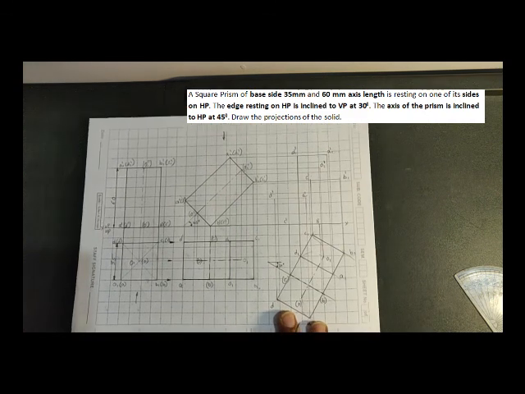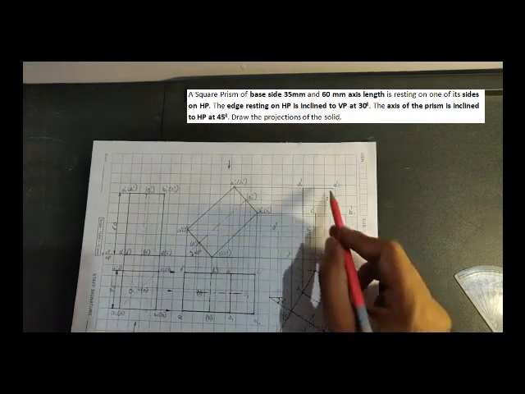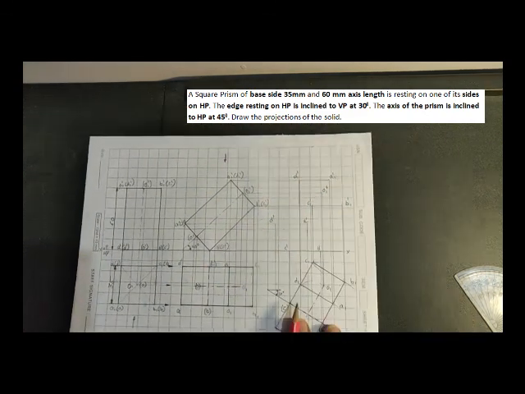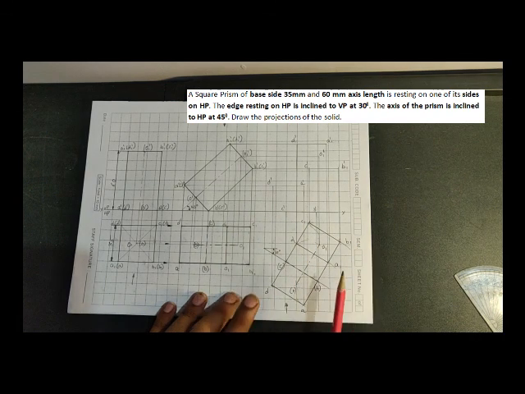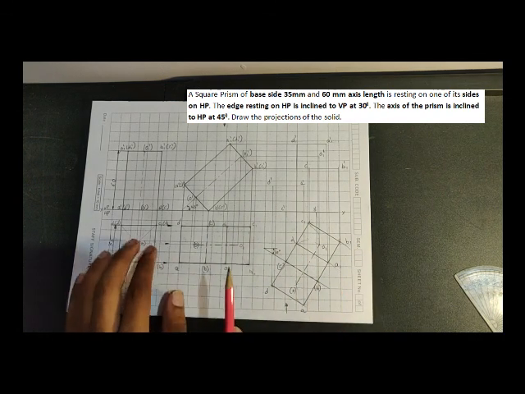So I hope you can project this upwards. This is what I have done. So now let me consider only this portion here, okay? Now how to draw this? Look in this direction, as you can see here. If I look in this direction, there are many other ways, okay, to find out the hidden points in the front view. Basically what I've done is, you also have to follow the same thing.